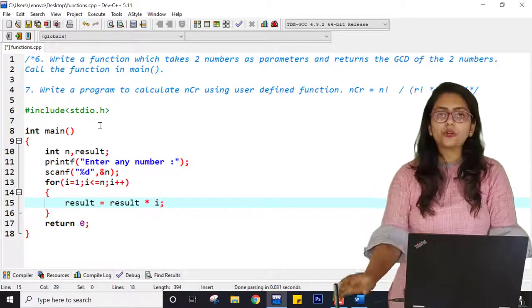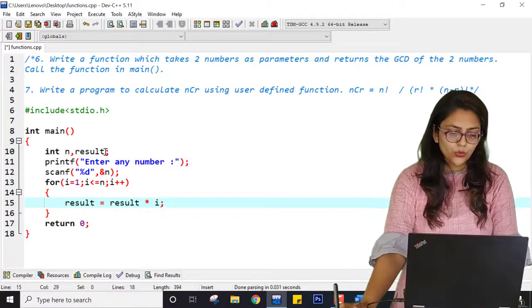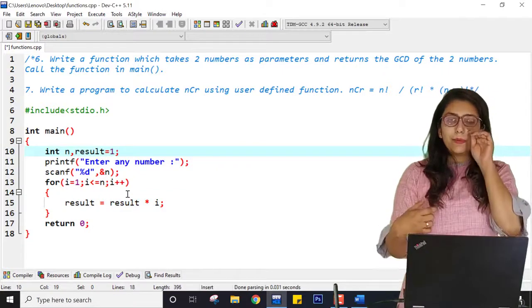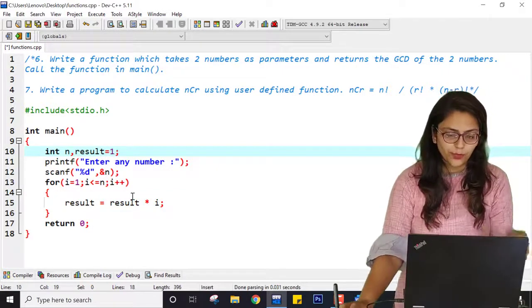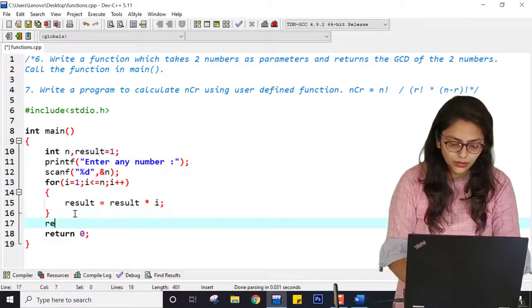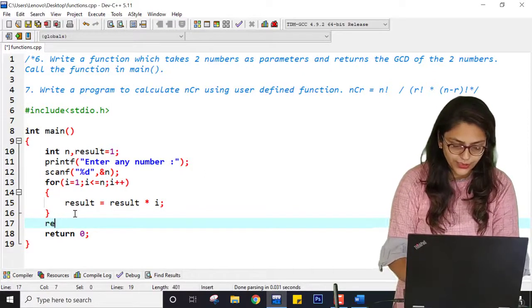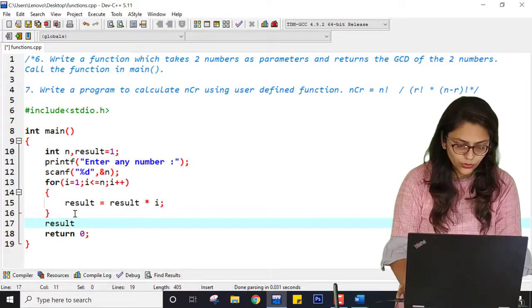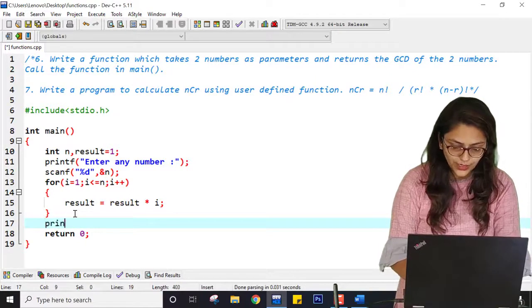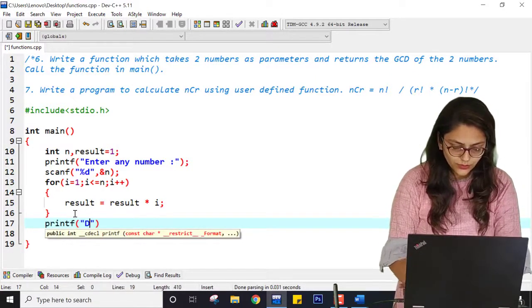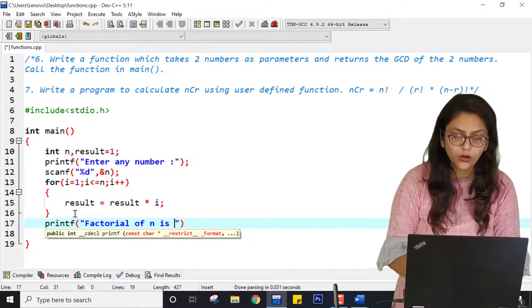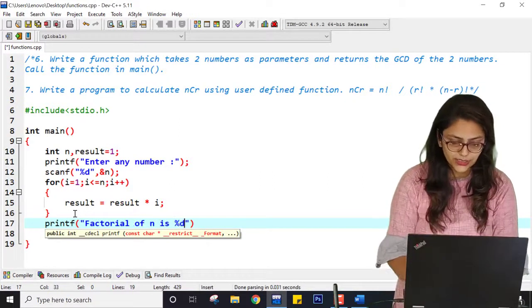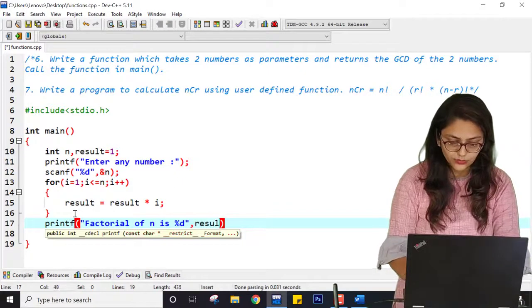So if you have not gone through the video, please go and watch the video where I was doing the practical for finding the factorial of a number. And at the end of this loop, I was printing result. So printf factorial of n is %d, result, right?